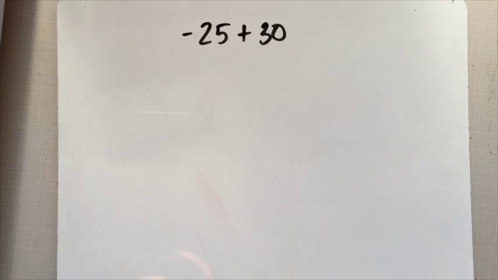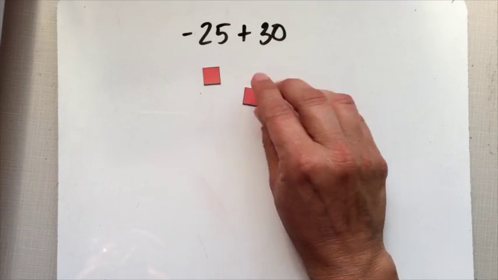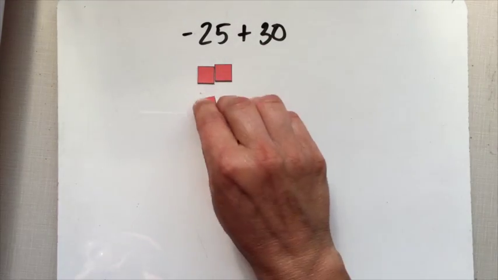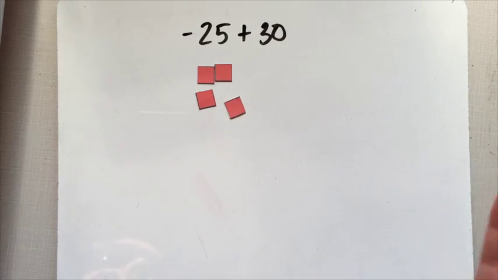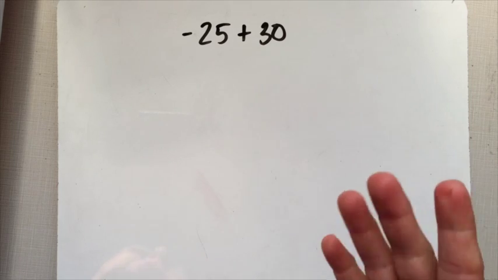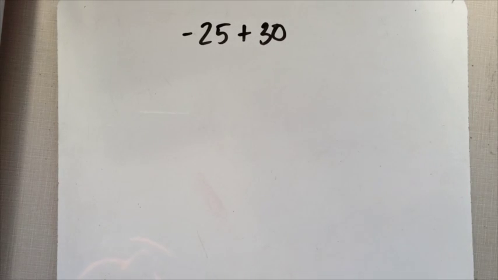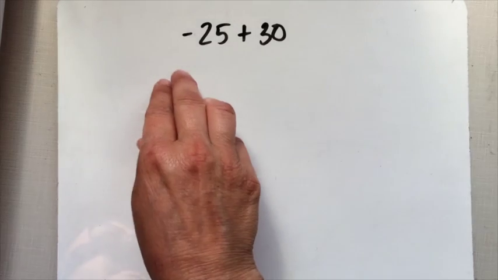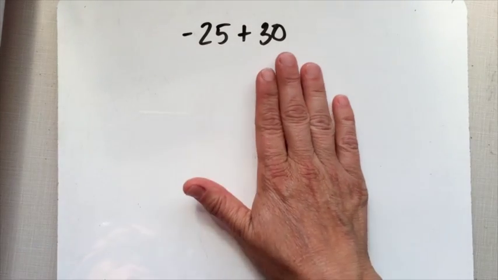Negative 25 plus 30. Did anybody count out 25 negative tiles here? Ridiculous. I don't even think I have that many. We don't have time for that. So algebra tiles doesn't work with everything. But that's okay, because even if I don't have time to count out 25 red tiles and 30 yellow tiles,